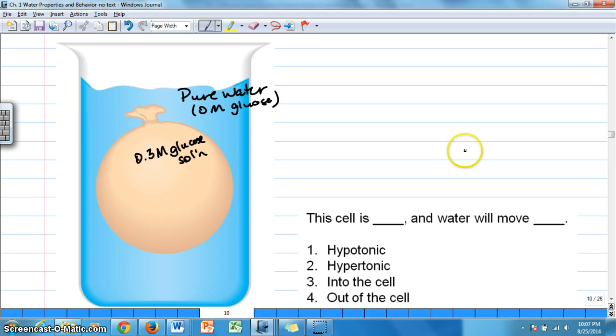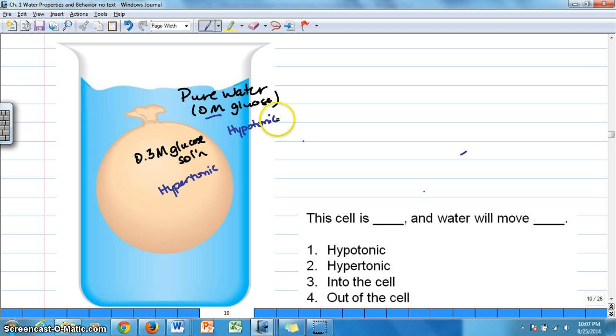So in pure water we're looking at a concentration of glucose that is basically, there's no glucose, so it's a 0 molar solution of glucose on the outside in this external environment, compared to this artificial cell that's shown internally with a 0.3 molar glucose solution. And so because the concentration of glucose is higher inside this artificial cell, we refer to this environment as hypertonic. And since the solution outside of the cell is lower in concentration compared to inside, then we refer to this solution as